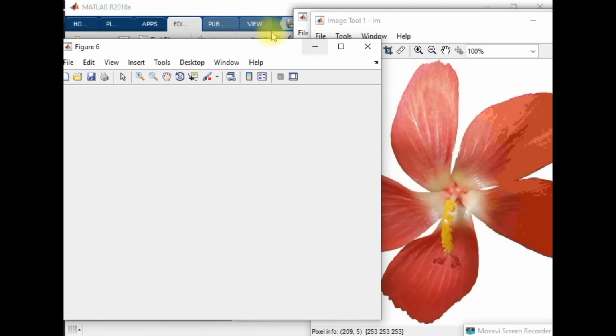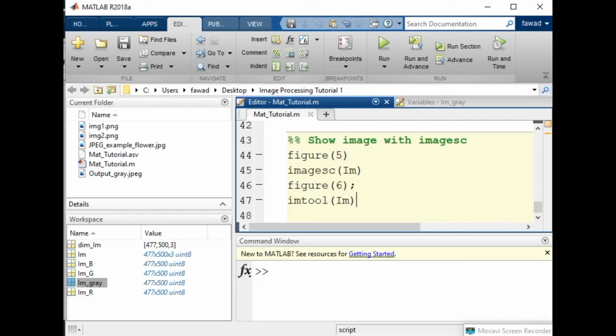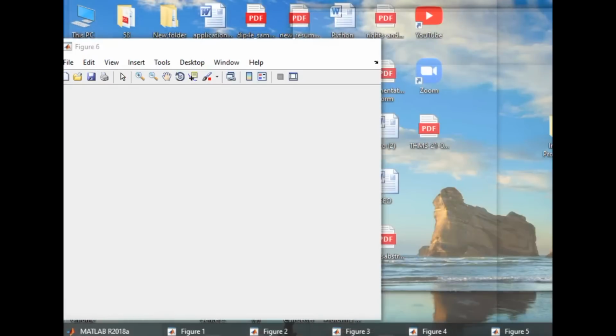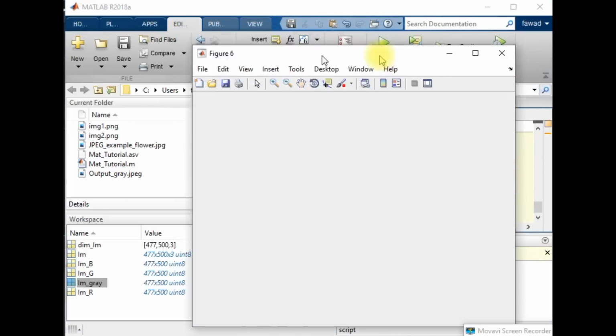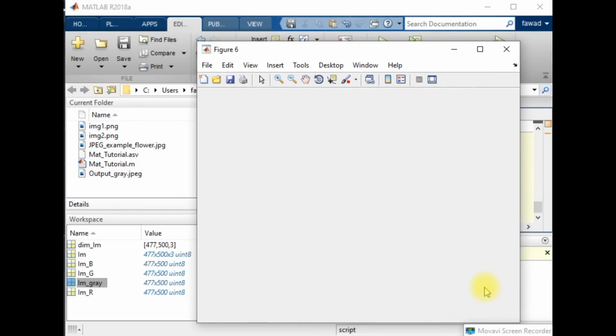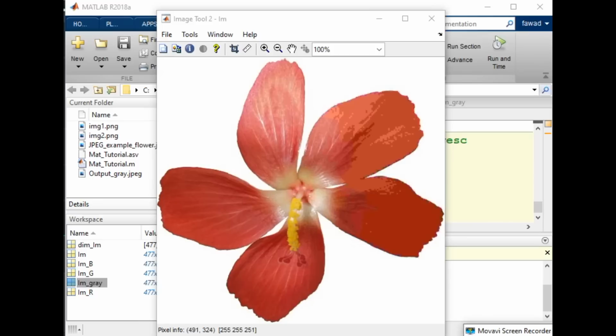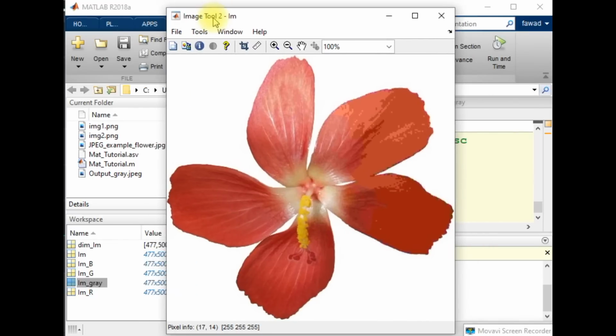So this was the result of imtool, and you can see with this tool that the first two positions, like X and Y,